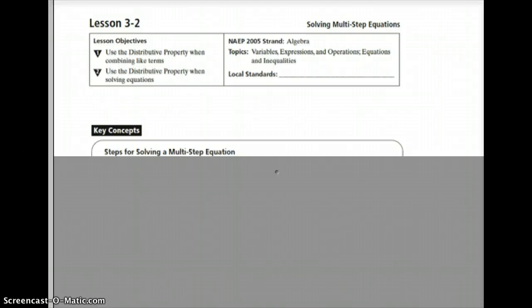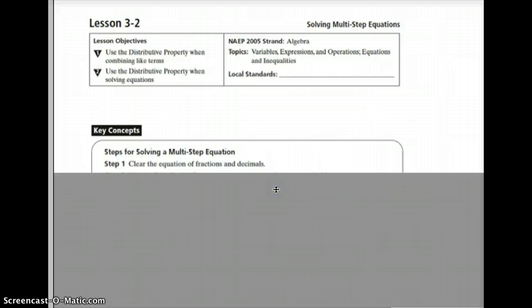Hi class, we're looking at lesson 2, using the distributive property when combining like terms and then using the distributive property in solving equations. So when we're solving equations with more than 2 steps, we call those multi-step equations. And the first thing we want to do in that is clear the equation of fractions and decimals. And that can be done rather quickly by just multiplying or dividing everything by a constant such as 10 if we have decimals, or 100, or multiplying by the denominator of the fraction, and that should clear the equation